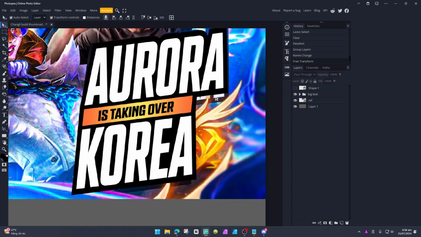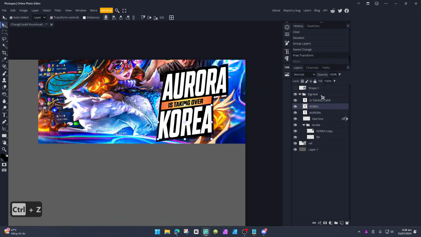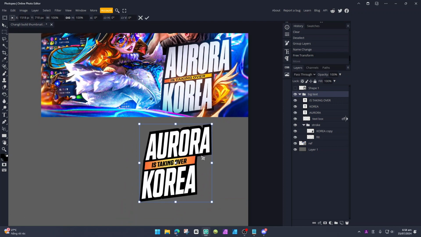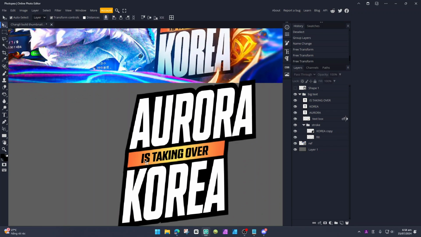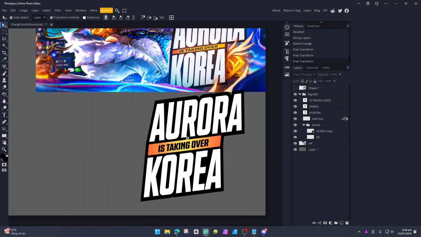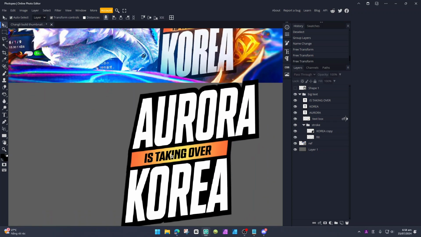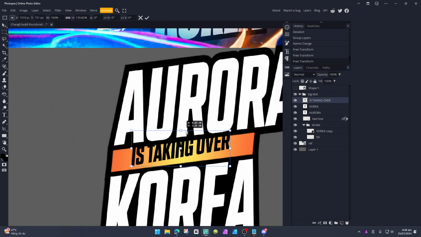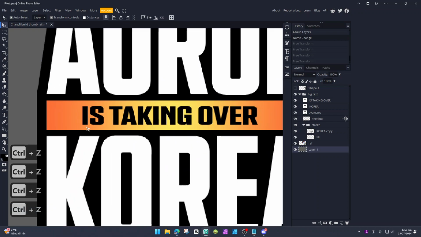You don't need to be exactly pixel by pixel, but the techniques are the same. As you can see, remember to drag all the layers instead of individual layers. Here, the "taking over" text is actually smaller. If you want to change the text, just remember to Ctrl Z it, because when you change it like this, it's going to be at another weird angle. Let's make it here and make it actually smaller,